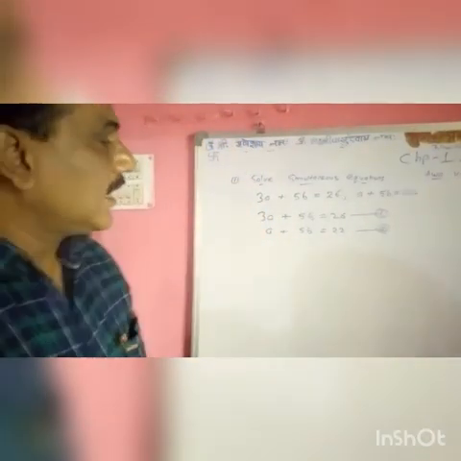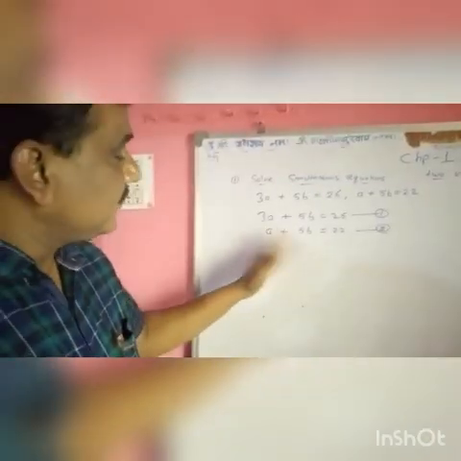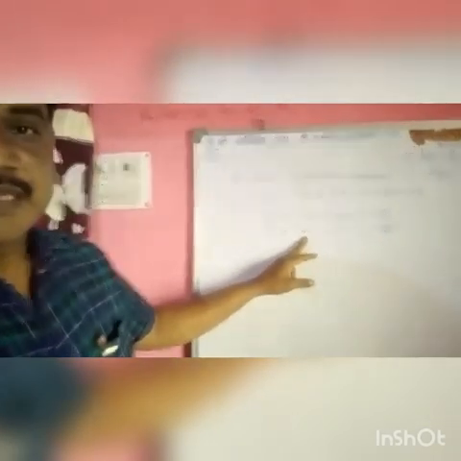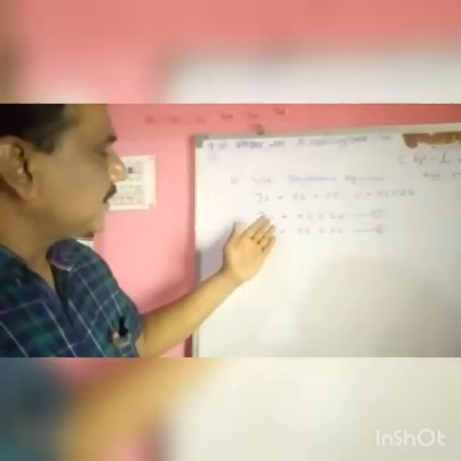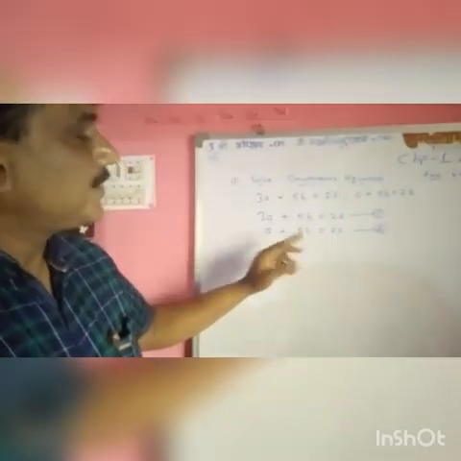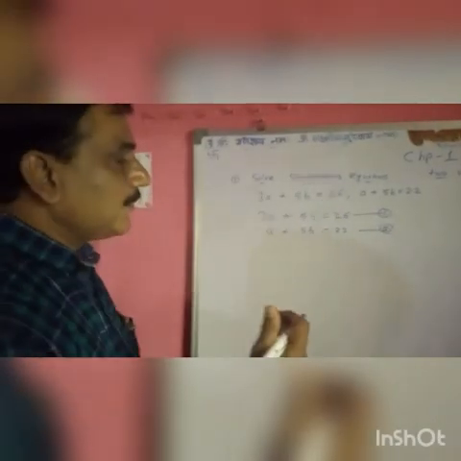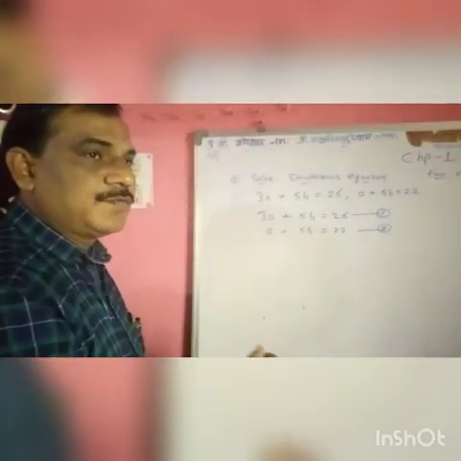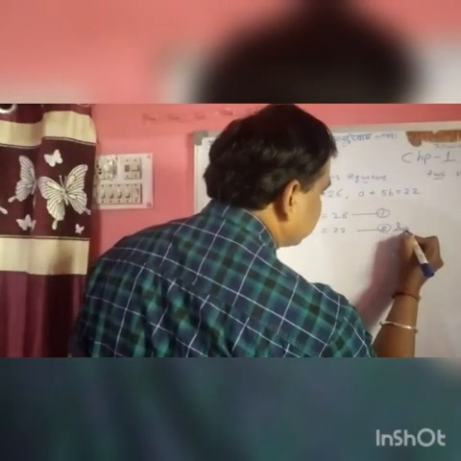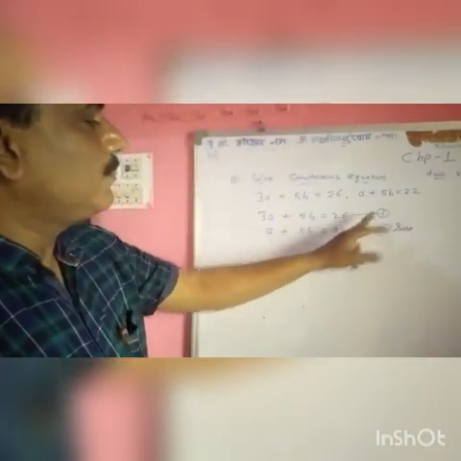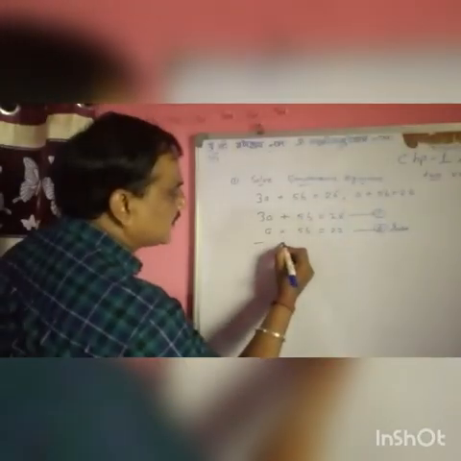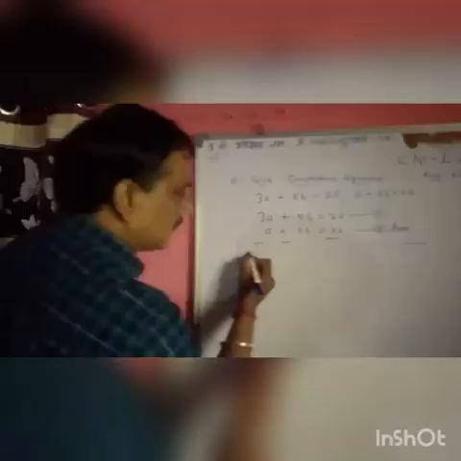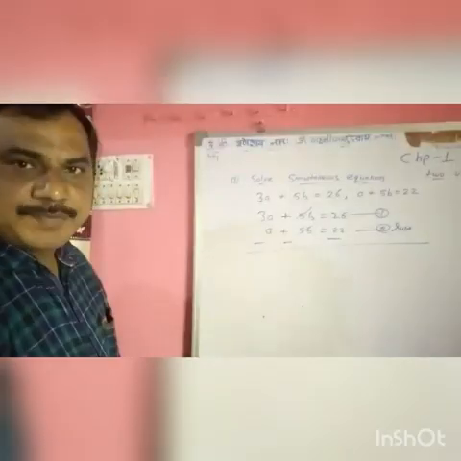Now what do we have to do? Now we will see the variable plus 5b and plus 5b, it is the same. When any one of the variables, whether 3a or 5b, is the same, it means we have to subtract equation 2 from equation 1. Write here: subtract equation 2 from 1, which means change the sign of equation 2. Plus becomes minus, so plus 5b minus 5b cancel.